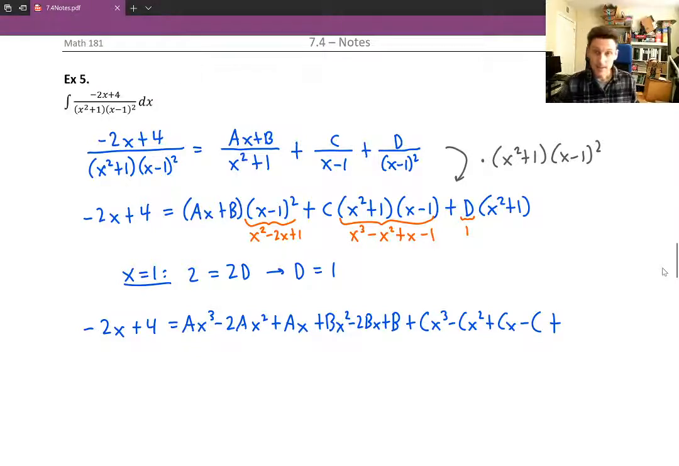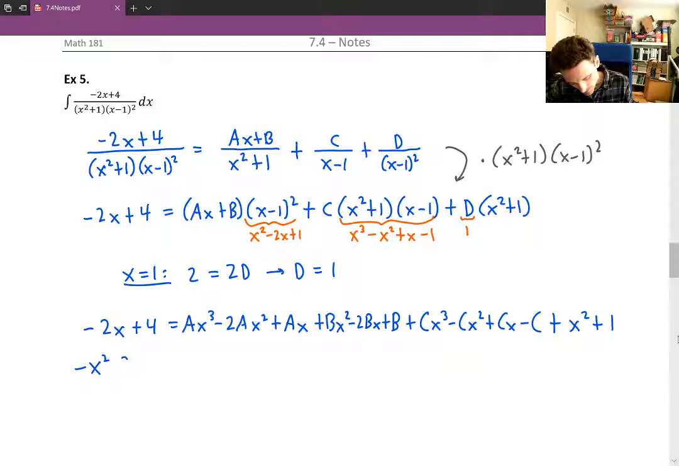Plus, and again, the d is 1. We already know what d is, so we don't have to have that fourth undetermined coefficient in our system of equations down the road. It's great. So we just have plus x squared plus 1. Now, because the x squared plus 1 doesn't have any undetermined coefficient attached to it, we can move those two terms to the left. We'll subtract those terms to the left, and we'll get negative x squared minus 2x plus 3